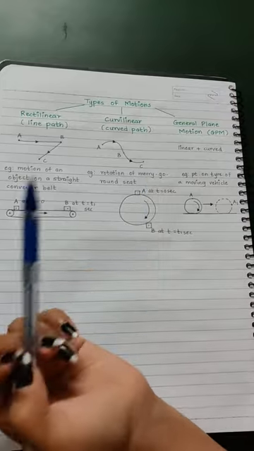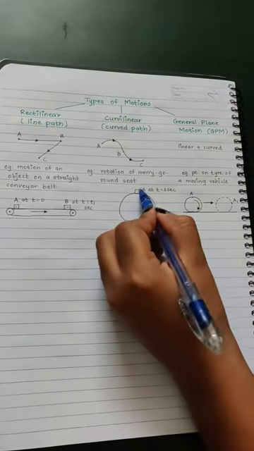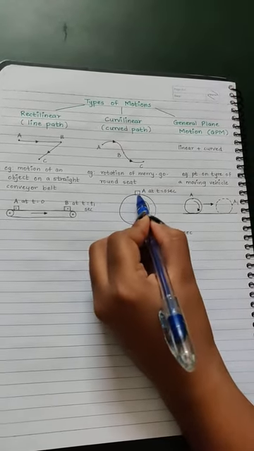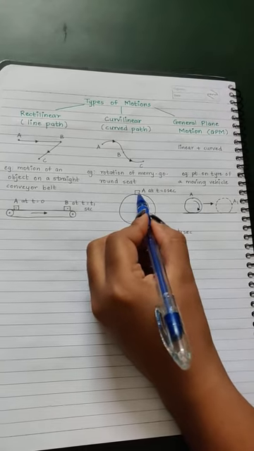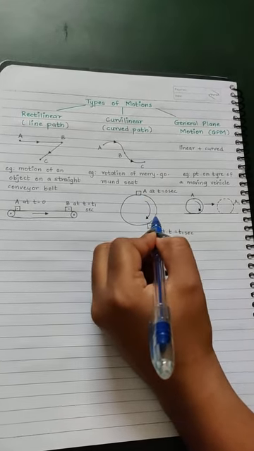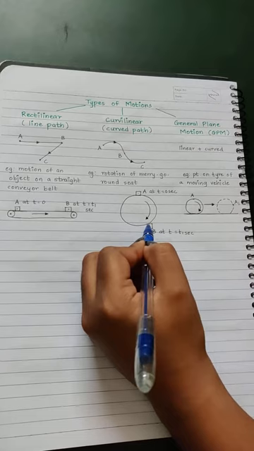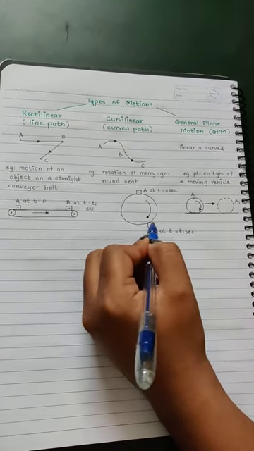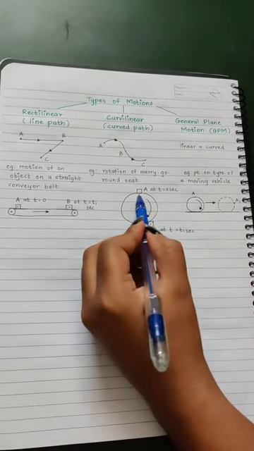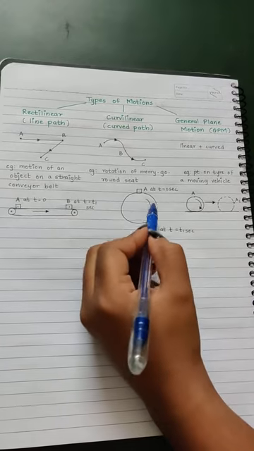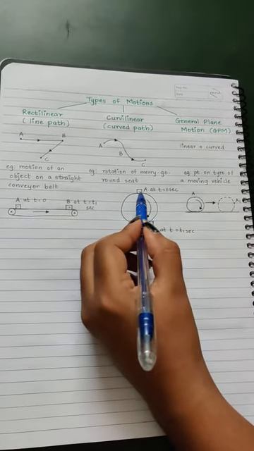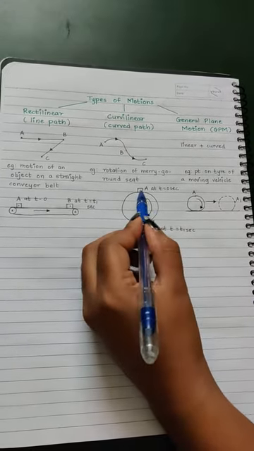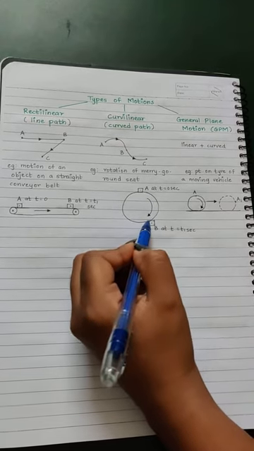Now rotation of a merry-go-round seat. If I am considering one single seat here, with time, what is going to happen? The seat is going to move along this particular circumference of the circle, and it's going to come down at B. Okay, so this kind of a motion is called curvilinear motion. If you consider just the seat of this merry-go-round, it's going to travel a curved path.